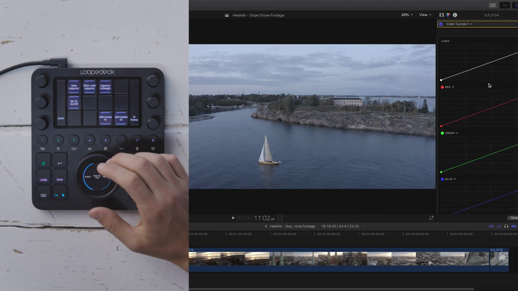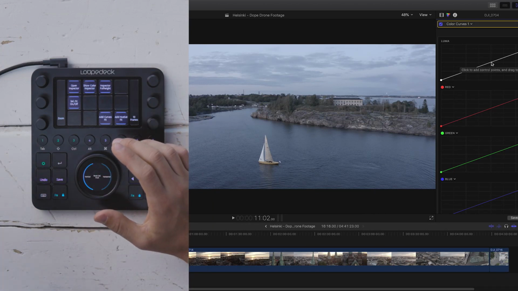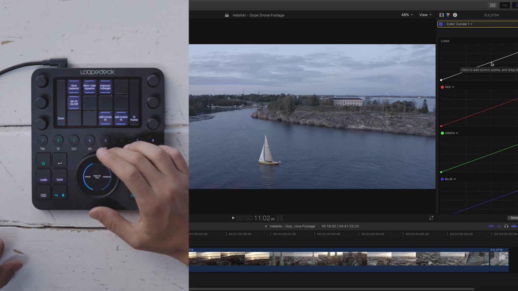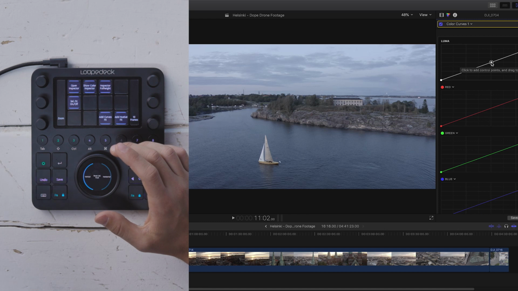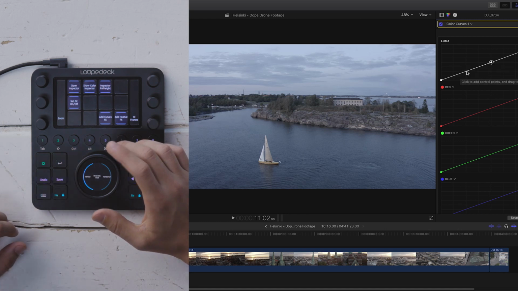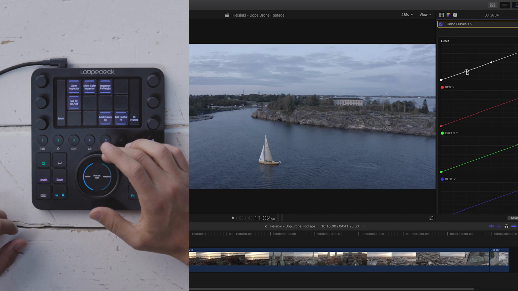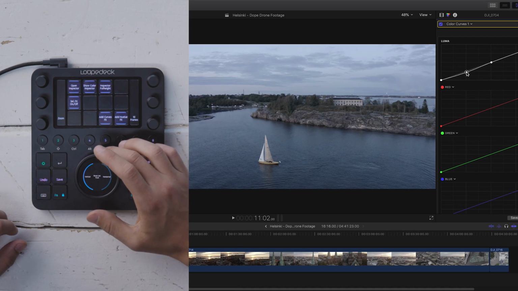Now we'll show you how you can achieve a nice S-curve contrasty image within the color curves. So first you want to hover over with your mouse in the center of the image of the color curve, and just by simply hitting the wheel, you will create a control point. If you hover over the next point, you set another control point, and with the wheel you can adjust it